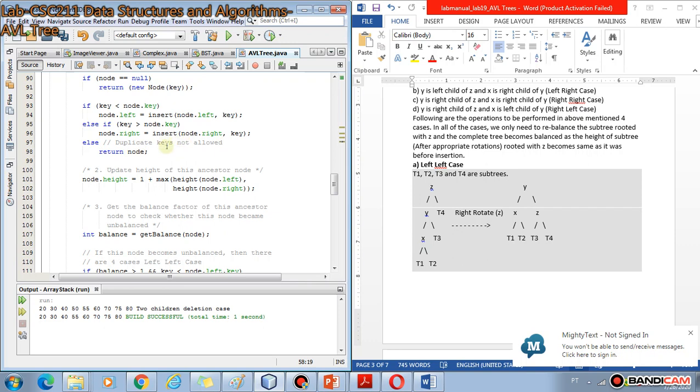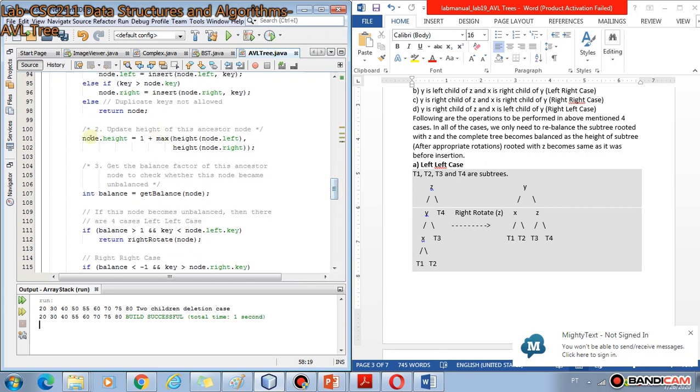Else, if the key is greater than node dot key, then keep on going to the right and insert, else return node. So whenever it comes to a null pointer, to an appropriate leaf node, it returns according to recursion. The return addresses from the stack are retrieved and it returns appropriately.